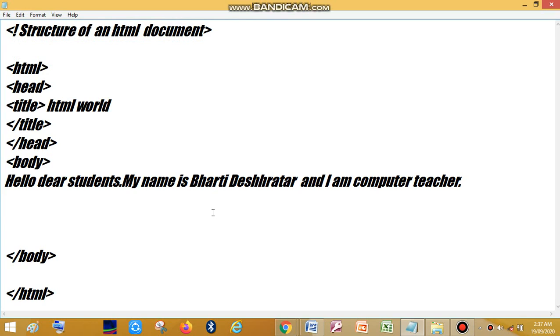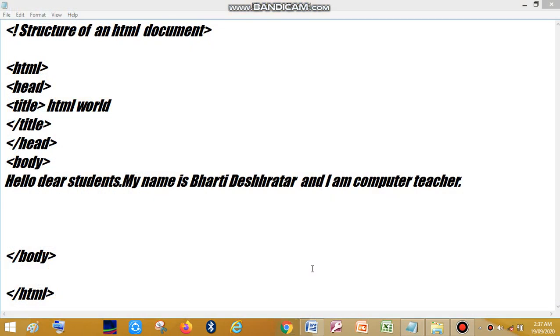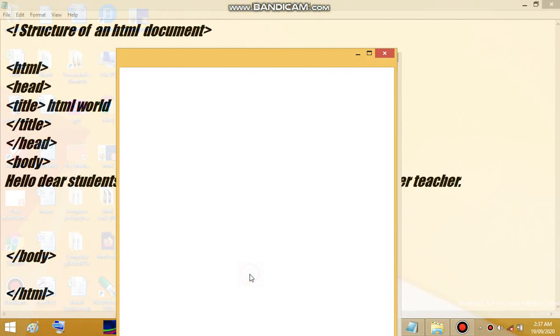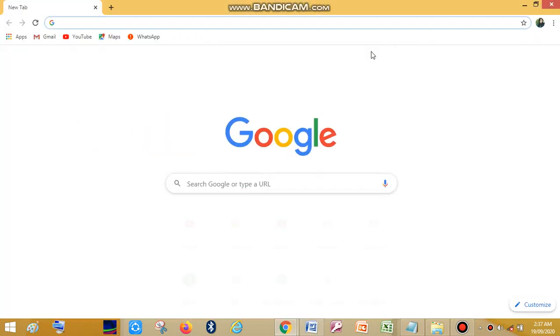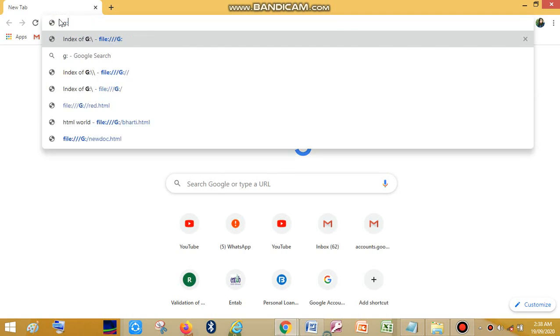To view an HTML document web page, open your web browser software like Google Chrome, and in the search box, as you remember that we have saved our file in G drive, I will write G, then colon, and you can see that index of G colon came.